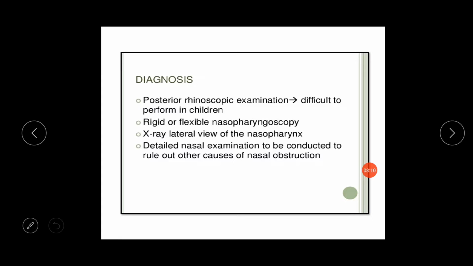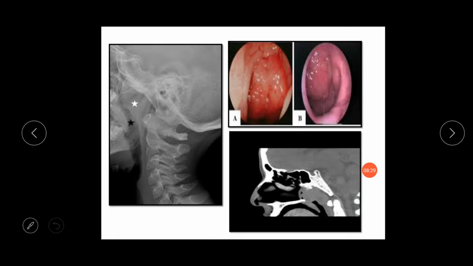Diagnosis of chronic adenoid enlargement can be done by posterior rhinoscopic examination, in which we will do the nasal endoscopy with rigid endoscope. It is usually difficult to perform, so in those patients we can go for rigid or flexible nasopharyngoscopy. Other radiographic imaging are X-ray nasopharynx and CT scan. In this X-ray nasopharynx we can advise X-ray